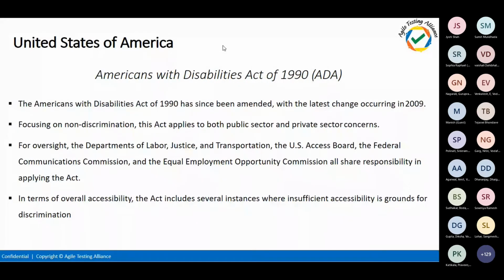The other one is the Americans with Disabilities Act, ADA. They take this one very seriously. Almost all the cases in America are under ADA only. It states that the employees in your organization need to be treated equally and given equal opportunity. With that too, people file cases against the client or the company.